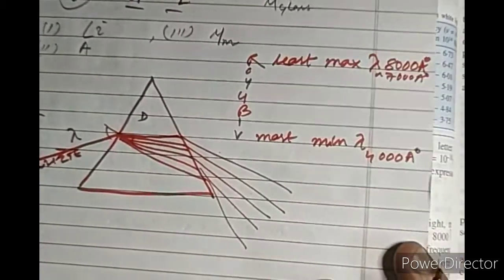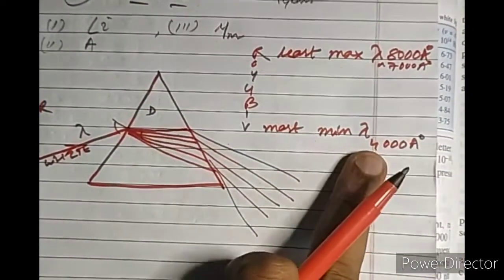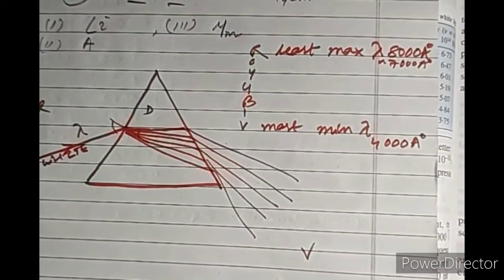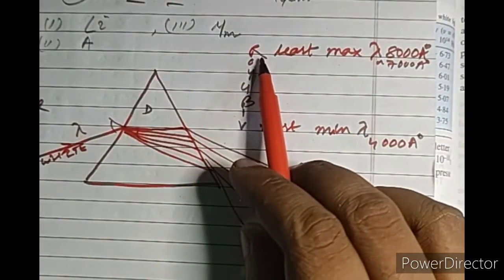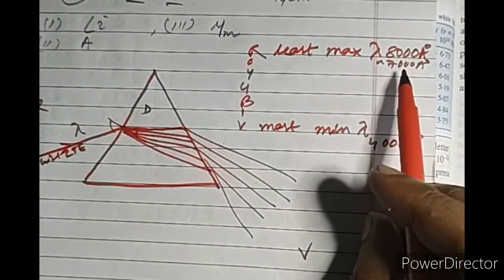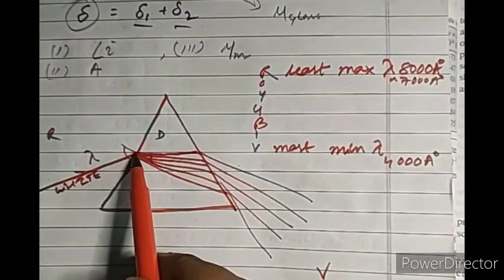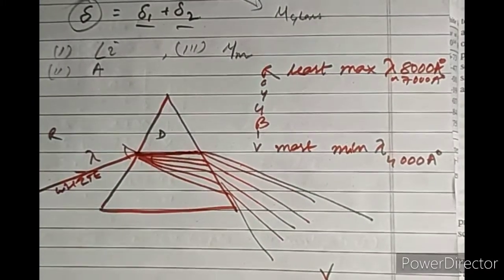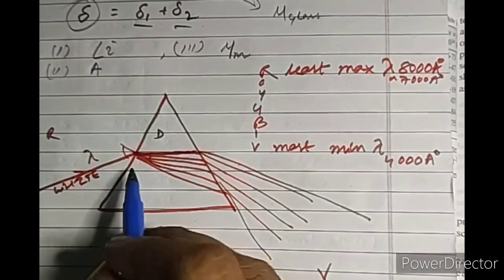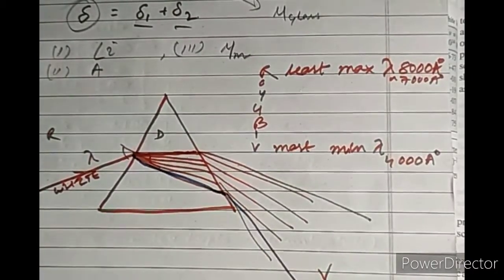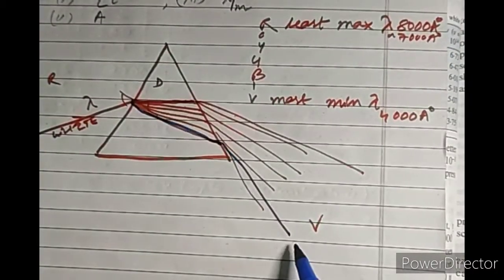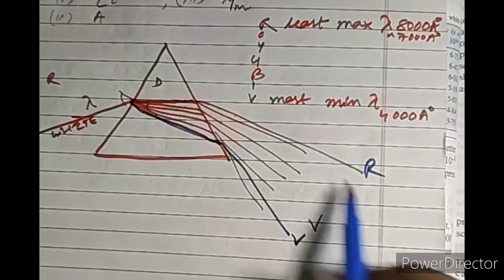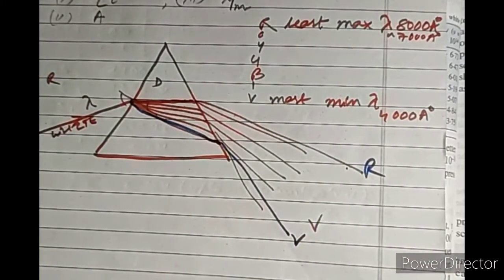Okay, you can see, this is having minimum wavelength, so it deviates more, that is why we are getting violet light at the bottom, and since red deviates less, we are getting the red light at the top. So as you can see, the red light will deviate like this, and the violet light will come like this and will deviate the most. Let this be the violet and this be the red, and in between all the other colors are there, towards the red, towards the bluish side.